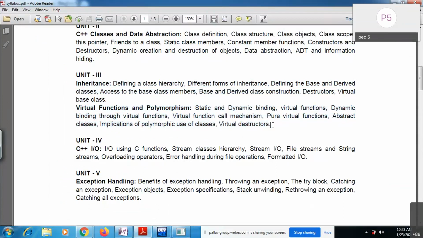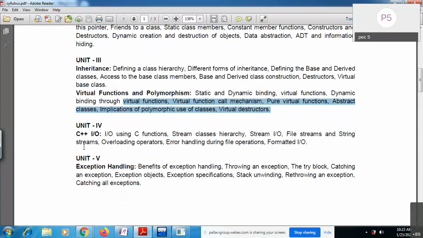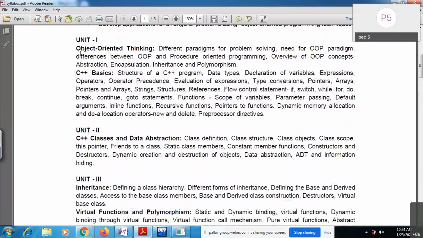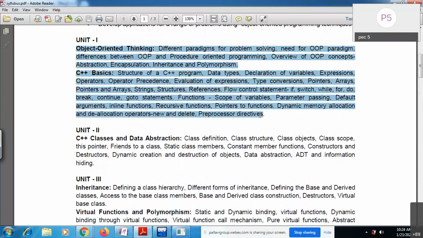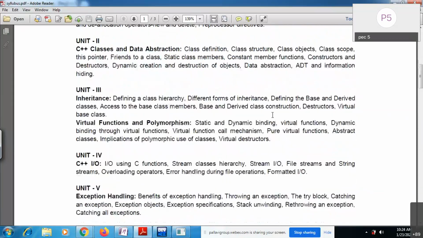If you observe, there are four small units, and hardly five hours it will take. Don't think I won't complete the syllabus. Okay, don't worry, I will complete your syllabus.